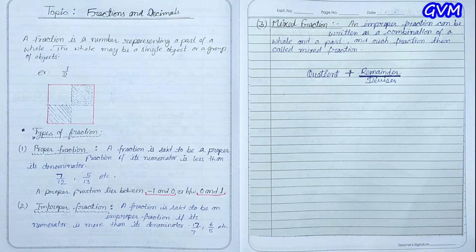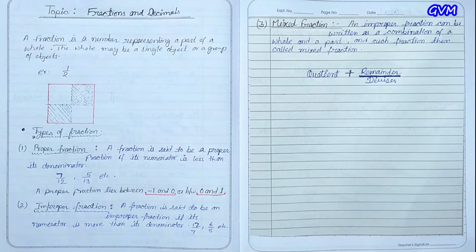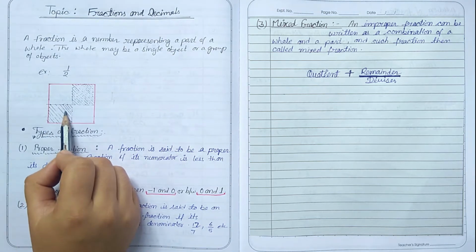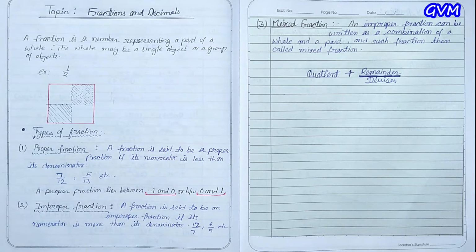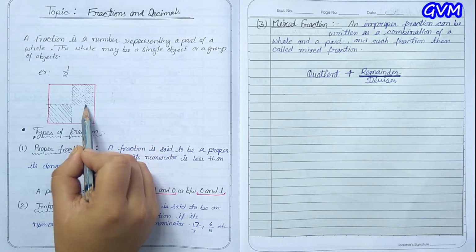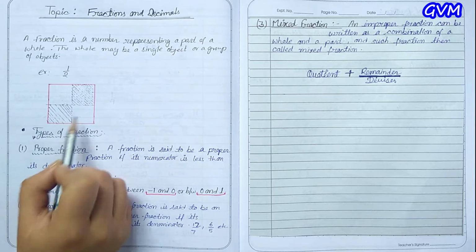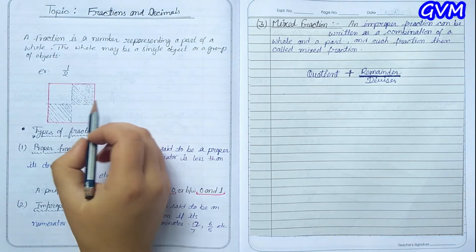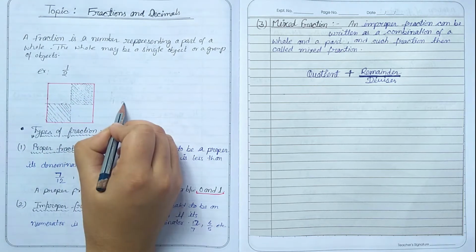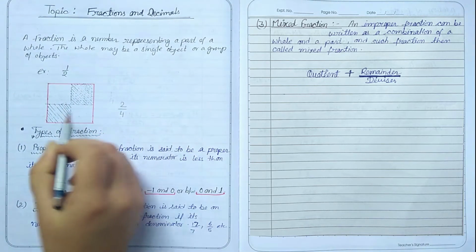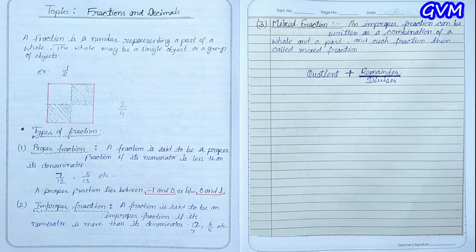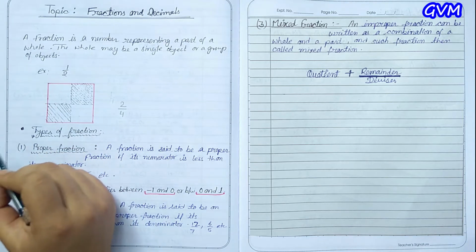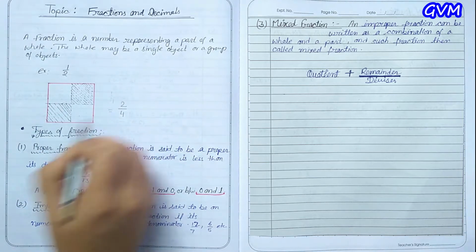Now, if I take these 2 parts among the 4 parts, I am taking only these 2. Or you can take whatever 2 parts, you can take these 2's or these 2's or these 2's. So, I am taking only this one and this one. So, these 2 will be called 2/4. These 2's are 2 out of 4, 2 parts out of the whole parts. So this is how we represent fraction.